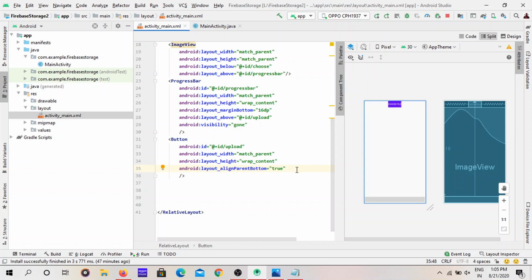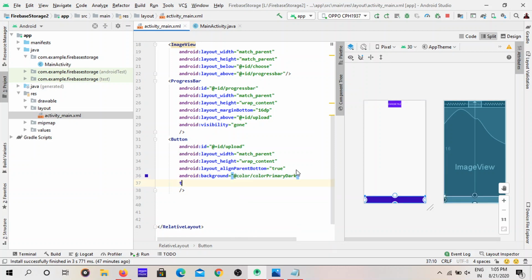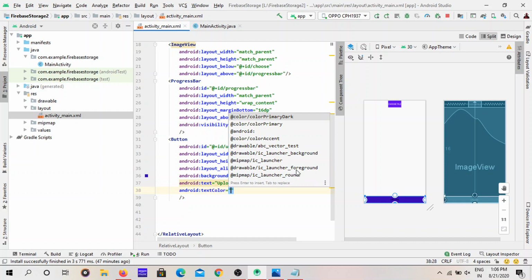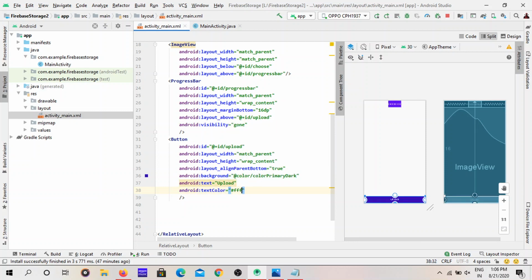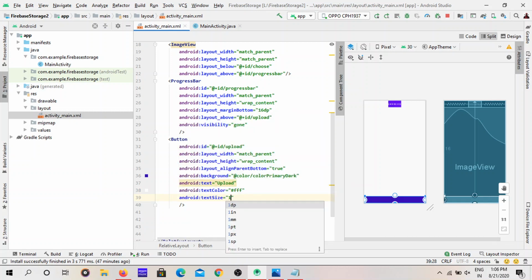Now give the background to this color primary dark, and give the text as upload, and give the color to the text as white, and the text size should be 16 dp. And that's it, we are done with the button.